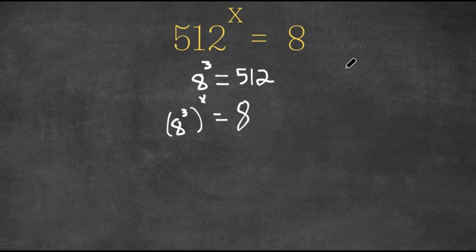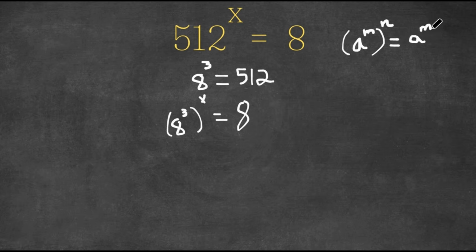Now, if we have something in the form like this, where we have a to the power of m to the power of n, and this is an important property for exponents, this is actually equal to a to the power of m times n. So a to the power of 3 to the power of x is equal to a to the power of 3 times x, which is simply equal to a to the power of 3x. So now we have 8 to the power of 3x